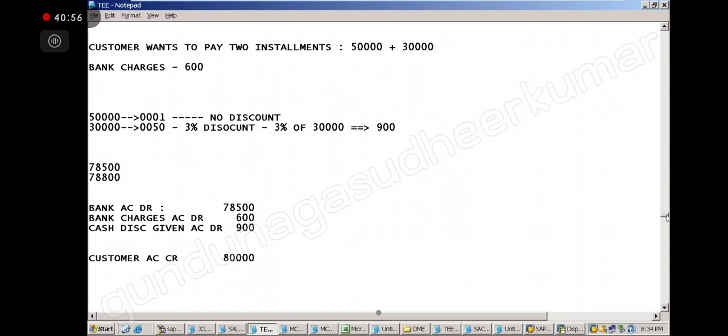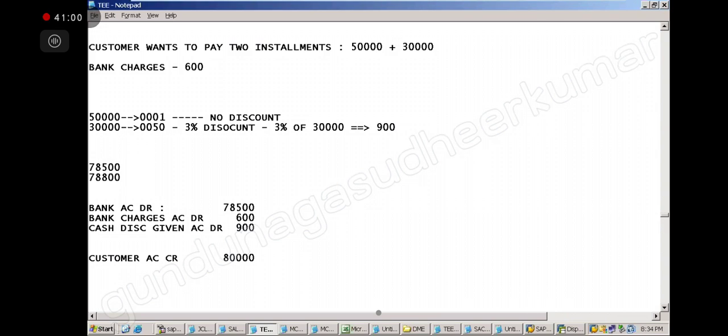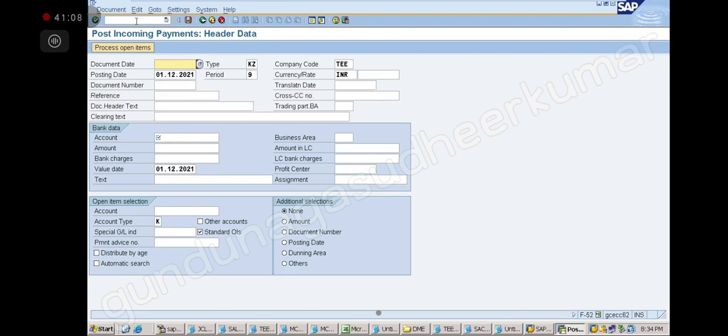Sir, F-52 is used for what? It is showing incoming payment, but the account type is vendor related. Yes, this one, post incoming payment vendor. It is rarely used, when a vendor is making a refund payment.